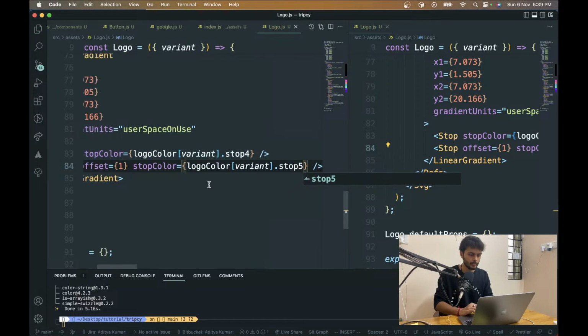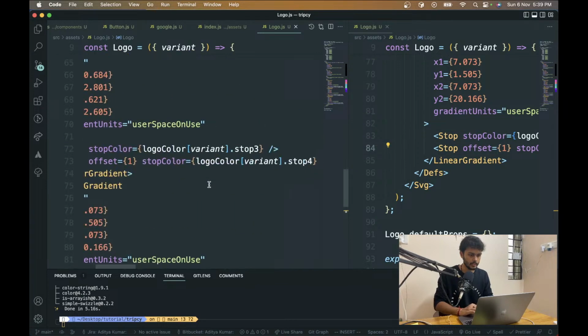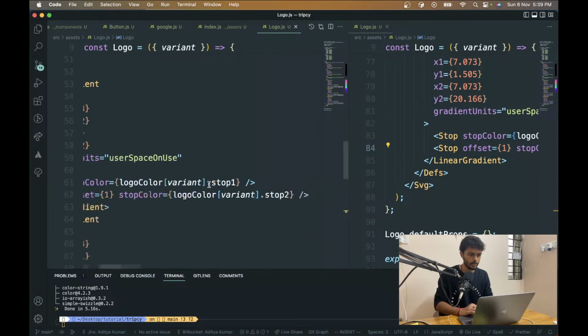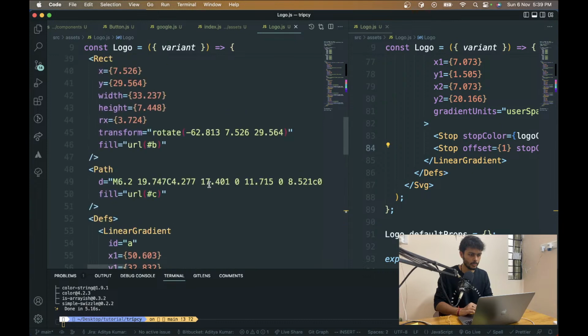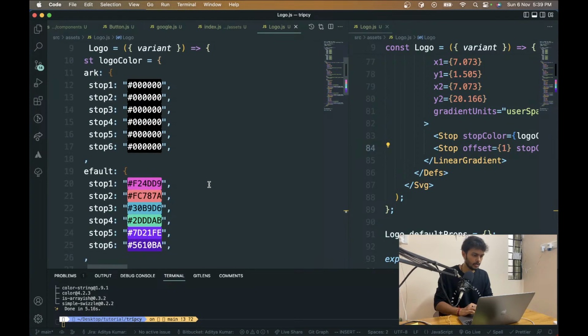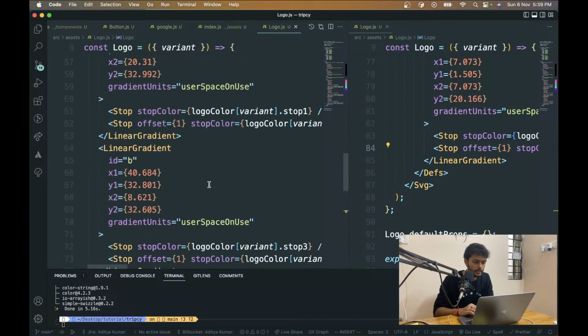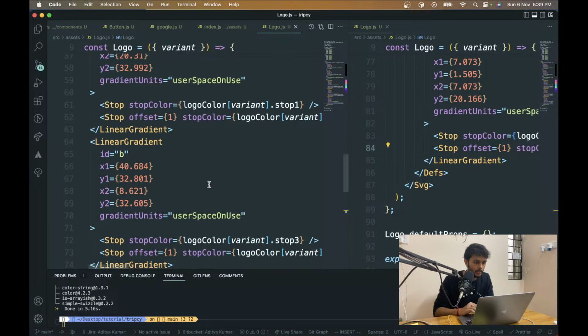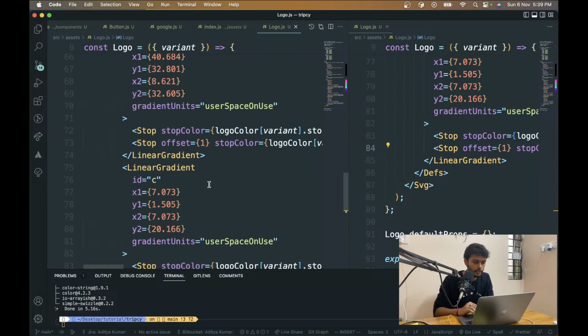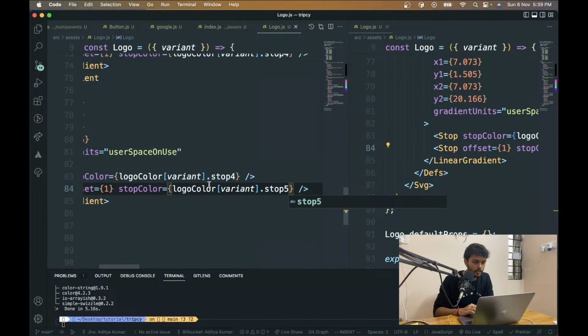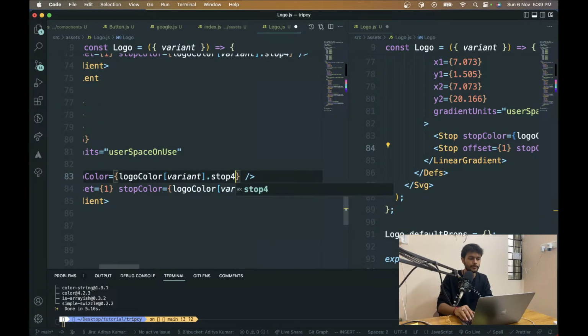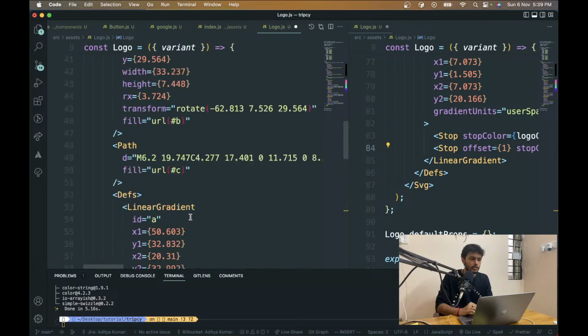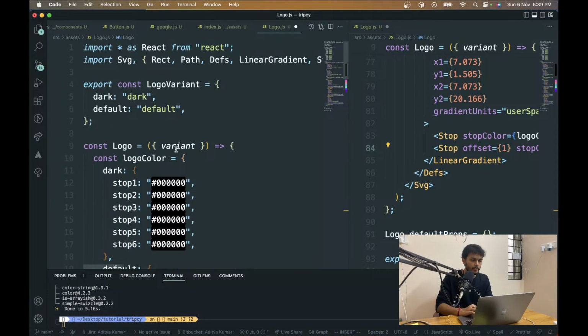This is only 5. This is supposed to be 6. 4, 2, 6. Yeah, I made a mistake somewhere, I think. 1, 2. Oh, okay. And this 3. So by default, I'm going to have the variant as